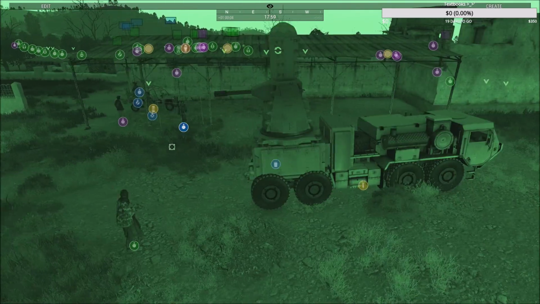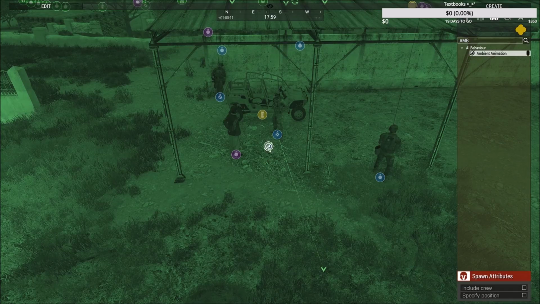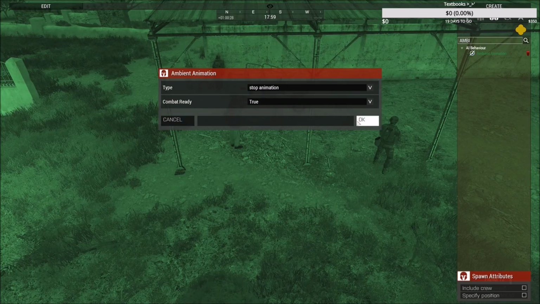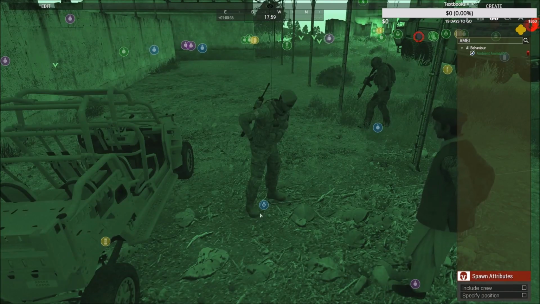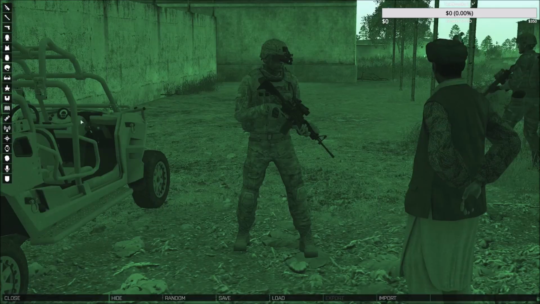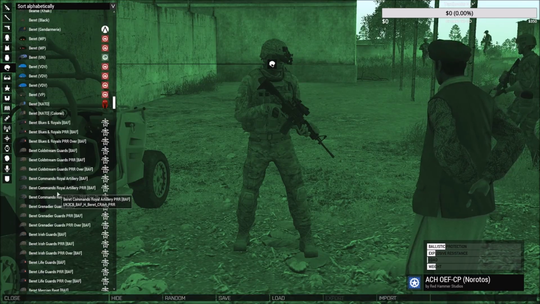So it's 17:59. Roger. Let me get this guy out of his ambience. Stop. Okay, he's not stopping. What the fuck? Stop animation, true. Well, he's hidden. I'm gonna just quickly replace him, because this is annoying. Arsenal, I just gotta give him his damn blue beret back. I don't know why ambient animation just broke on me. Normally that never happens, but...